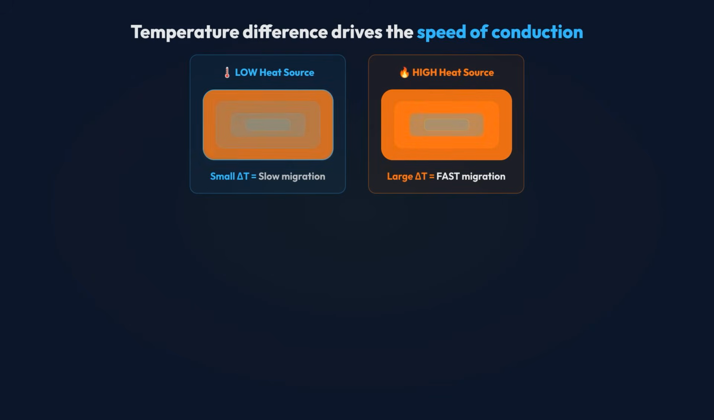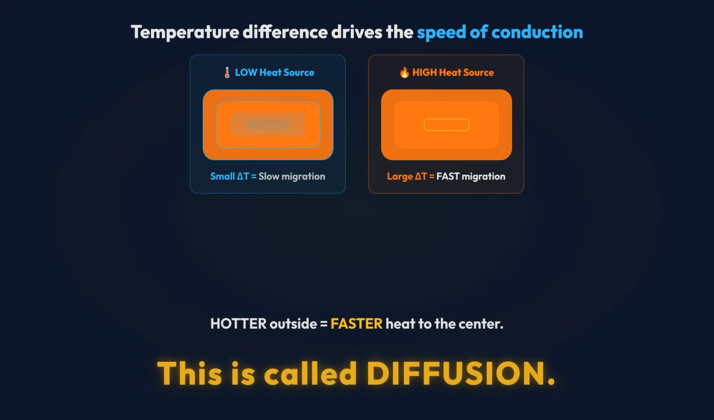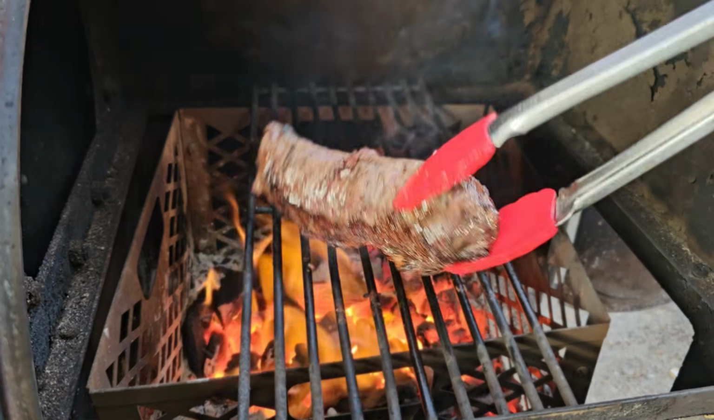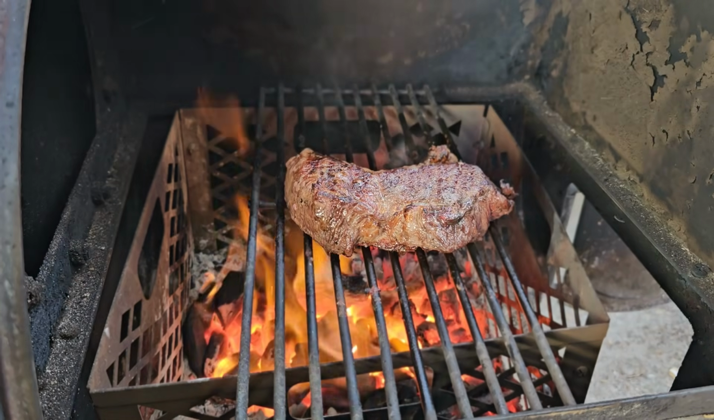Now, the hotter the heat source outside of the food and the colder the food, the faster the heat is going to migrate to the center because there's a greater temperature difference between the outside and the inside. In scientific lingo, this is called diffusion, and it's really important to understand. Let's take this steak as an example. If we cook it on a screaming hot grill, the heat is going to diffuse into the meat really quickly